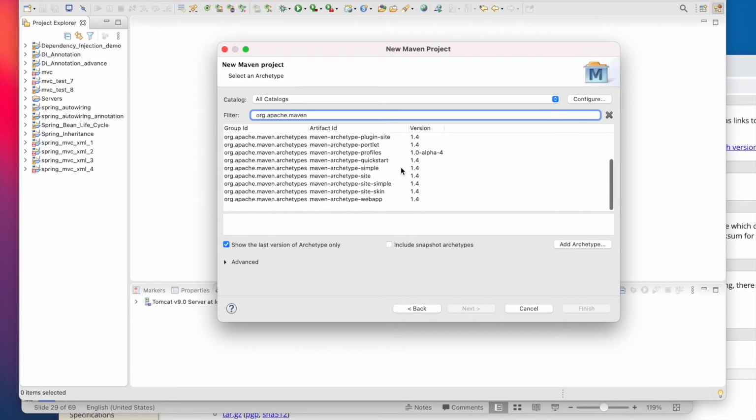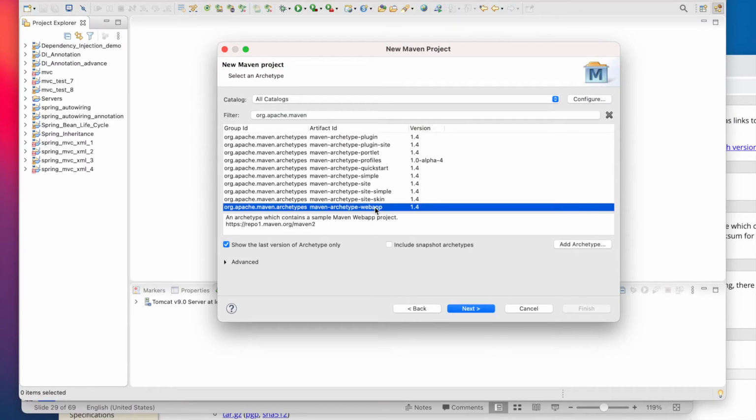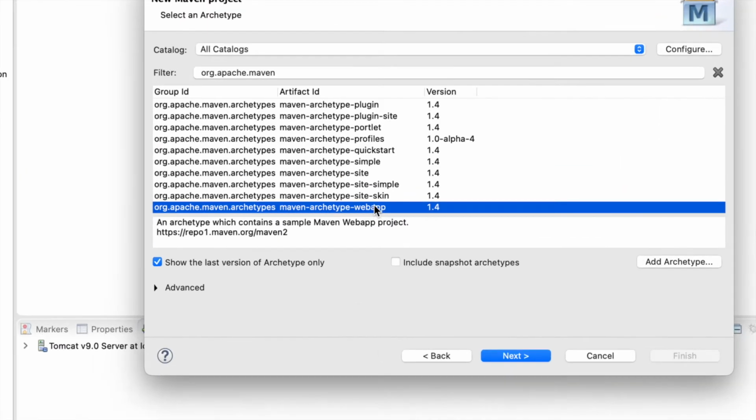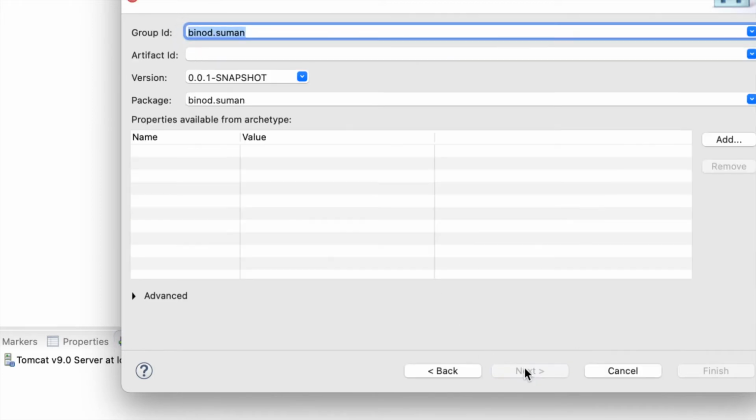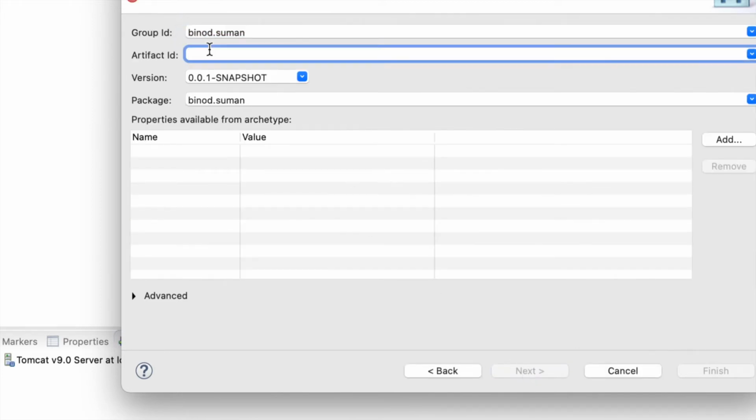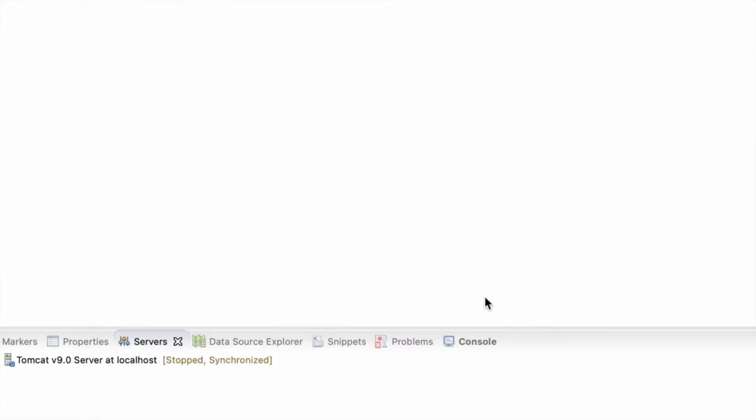Now you scroll. If you can see this one, Maven archetype web app, that I need. Next, give any group ID name, your name or whichever company you can put. I have given Binod.Suman. For the artifact, I want to give MVC_demo, and that will automatically make your package name also. That's it. Now go to finish,